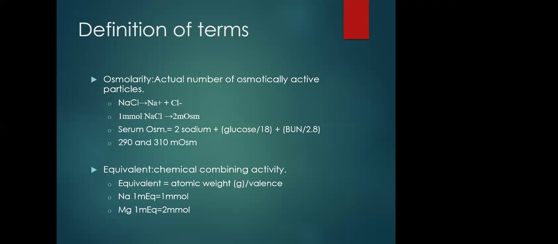One millimole of sodium chloride will give you 2 milliosmoles when broken down, because now you have chloride and sodium which are osmotically active. The serum osmolarity is calculated by the formula I have provided here: 2 multiplied by the sodium concentration, plus glucose divided by 18, plus BUN divided by 2.8. The normal range is about 290 to